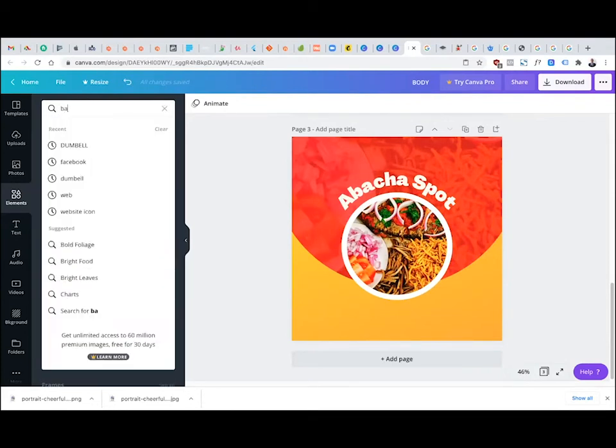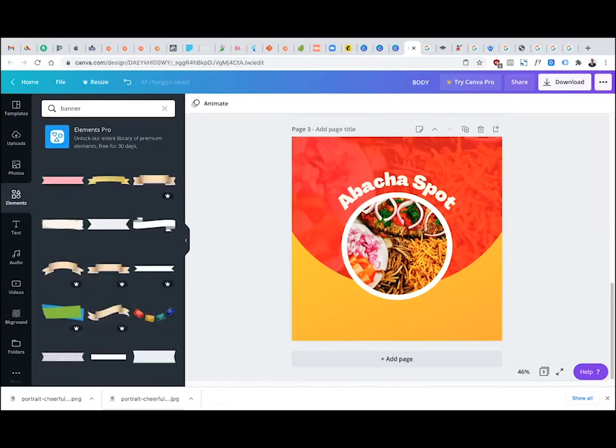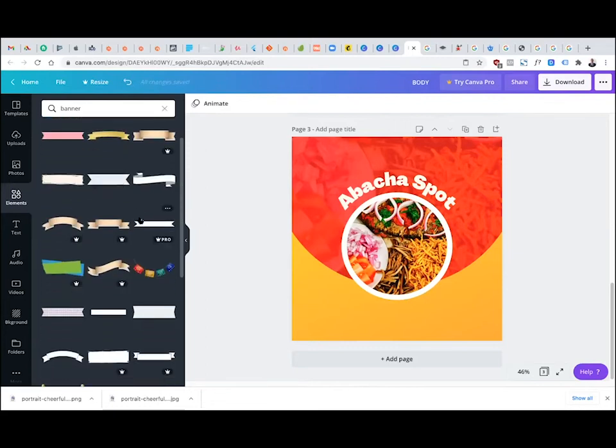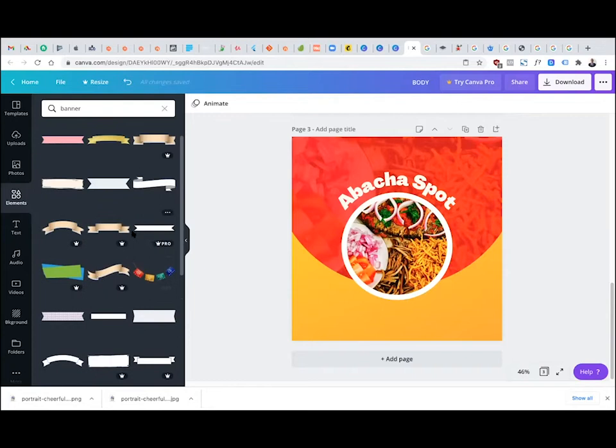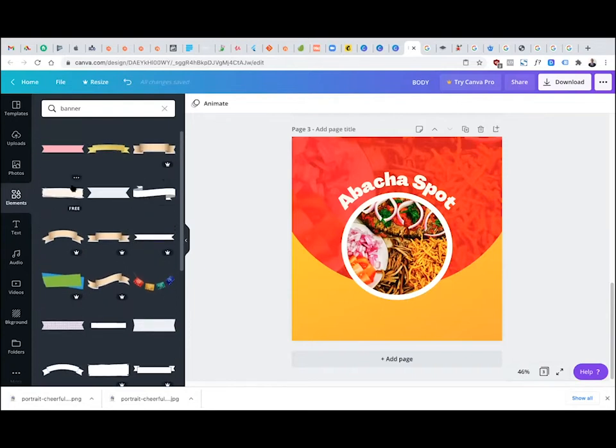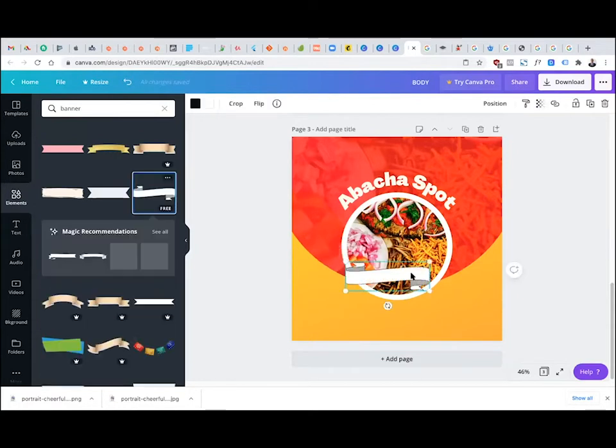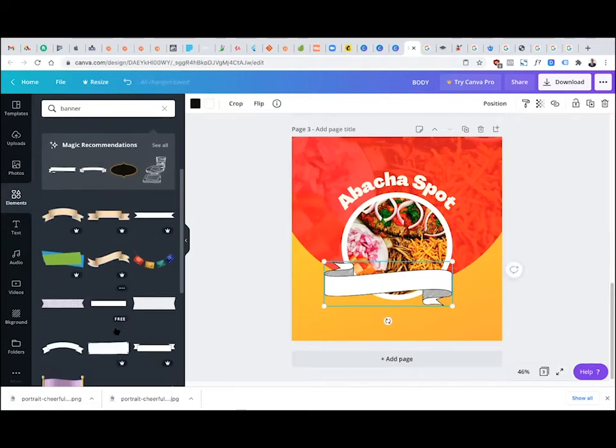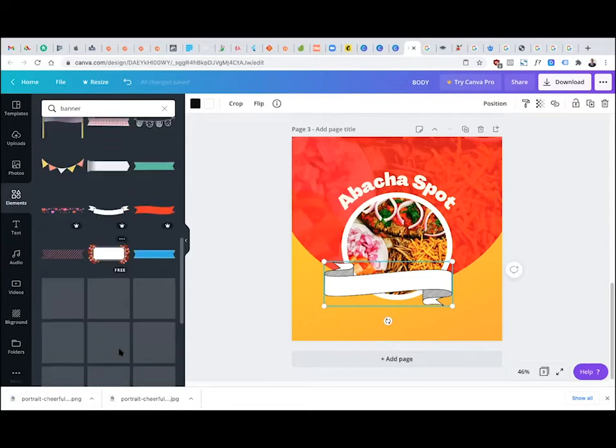So banner. One thing you should learn how to work with are banners. Okay. So banners are these nice things you place over your image. See one. Decide to go with this. I don't like the outline on that. Decide to go with